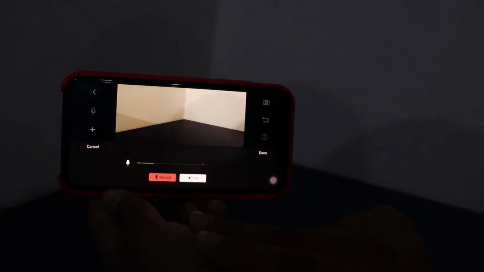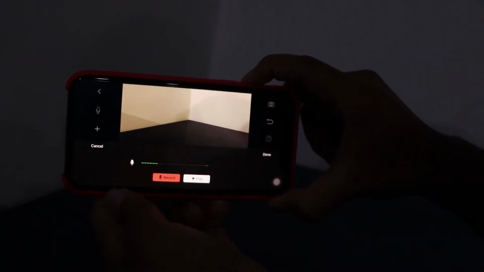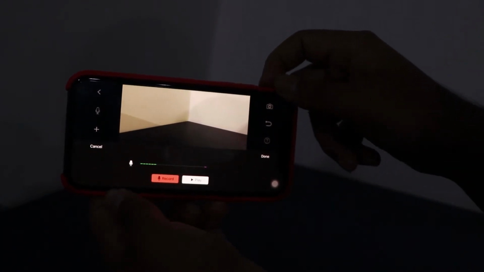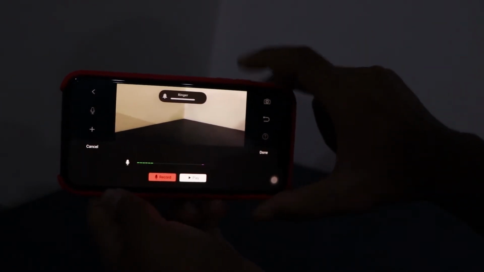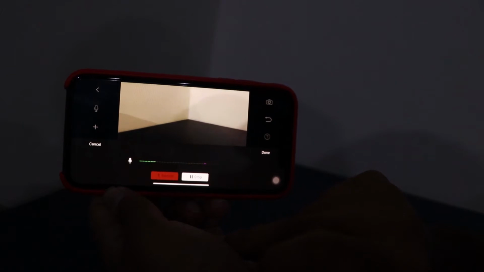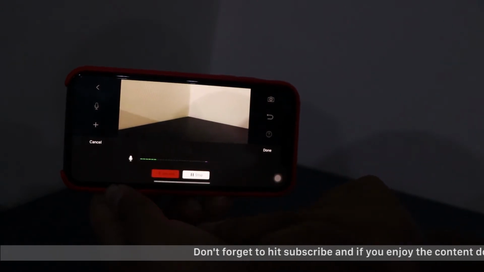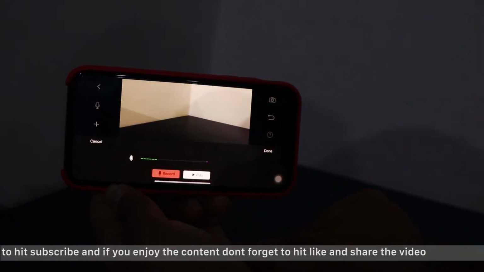So you can play. Yes, the sound was pretty slow, so I believe you won't be able to hear it in the camera.